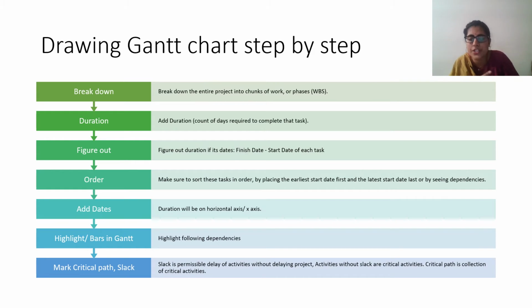And then I'll add duration, how much time it usually takes me to complete that particular task. Then I am going to figure out, in case the dates are given instead of duration, say from 5th May to 10th May this task is happening, what the duration is. So 10th May minus 5th May, that is 10 minus 5, 5 days. This is another way you will find your duration, which is not necessary when you are planning. In case it comes in an exam, you still can figure it out.